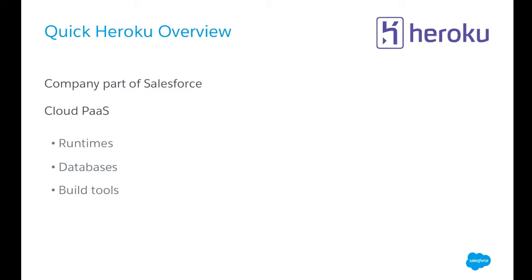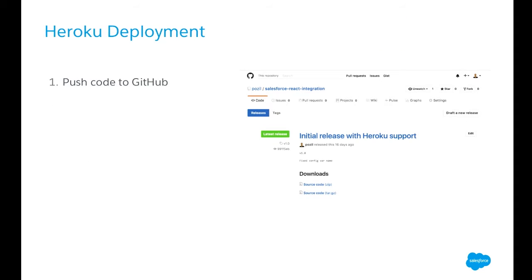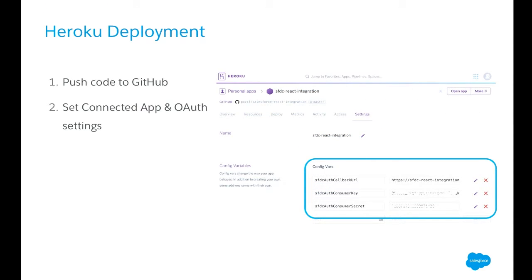So now that I created my project on my local machine, I needed to make sure it was on the cloud. The first thing I had to do was push it to some source control. Here I chose GitHub because GitHub is connected to Heroku. So I created a small project. I will share the URL with you just after so that you can use it. I pushed my project to GitHub, and then I configured